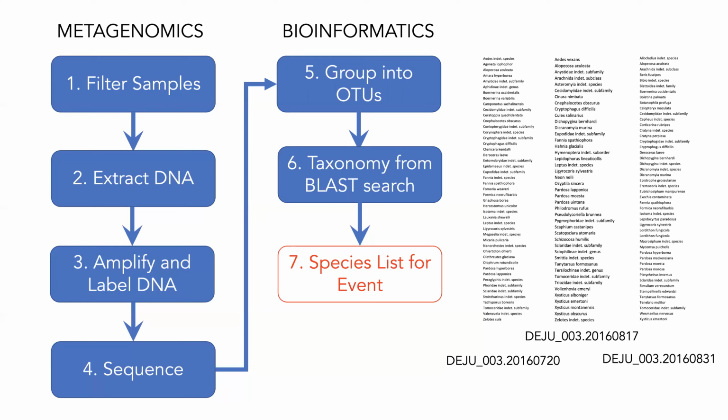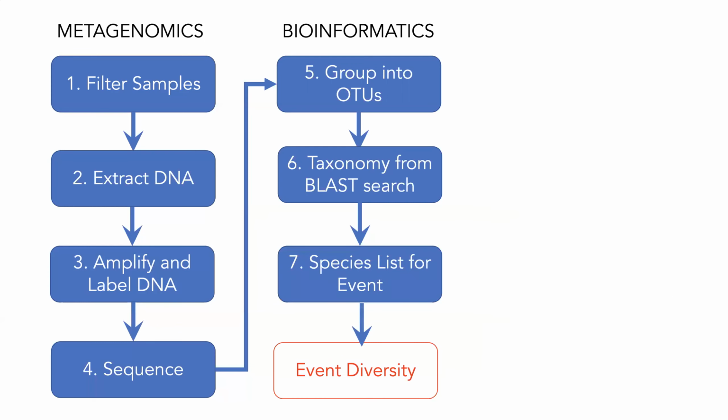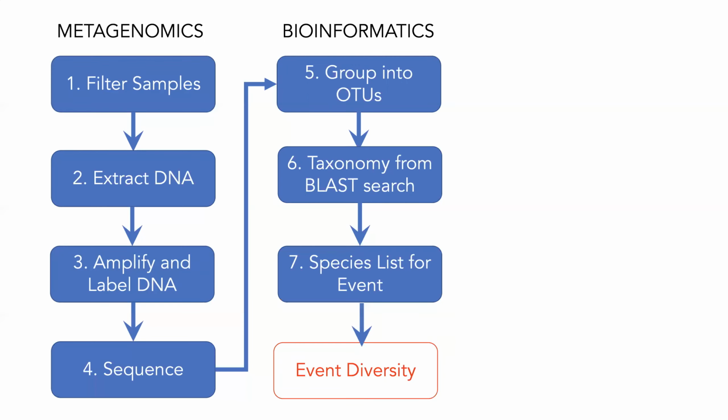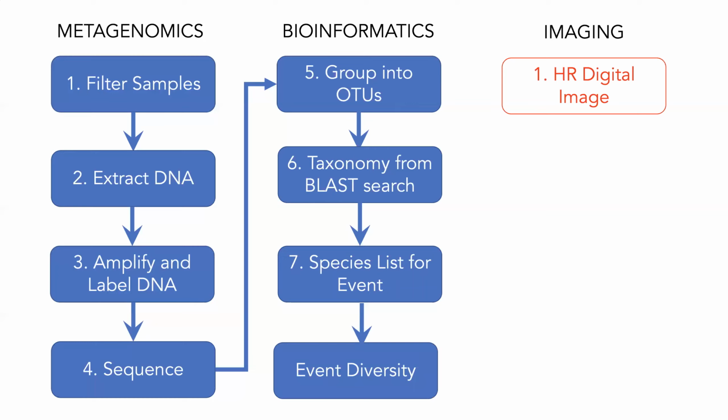We can then, for the data that we're talking about today, we took one trap array event from early in the year, one from the middle of the growing year, and one from the end of the growing year. And so we can combine these species lists for an event to get the event diversity. That's actually supposed to read site diversity or trap diversity, but event diversity. So now we have kind of the species list for what's happening at a place.